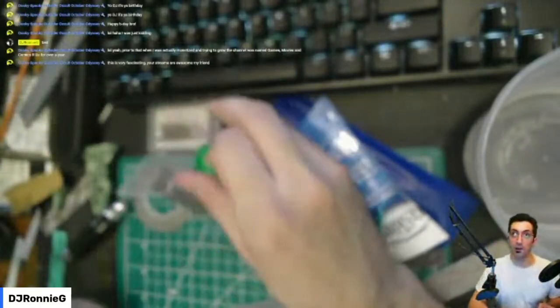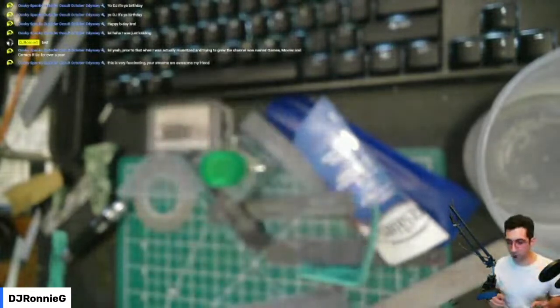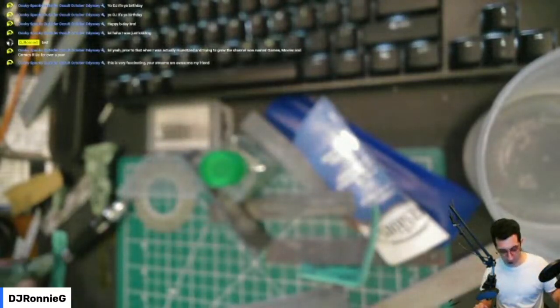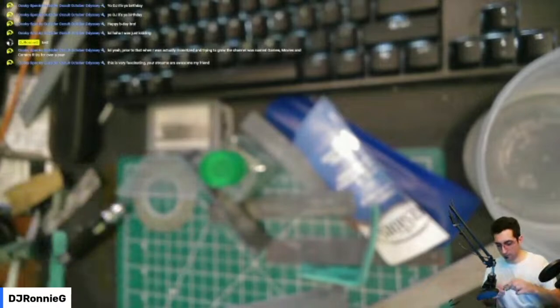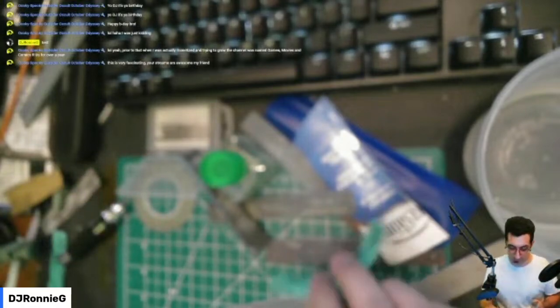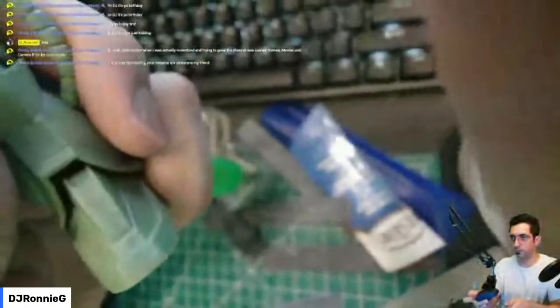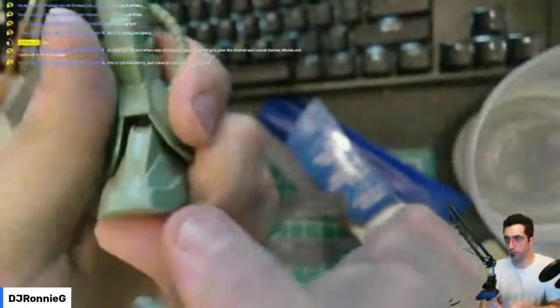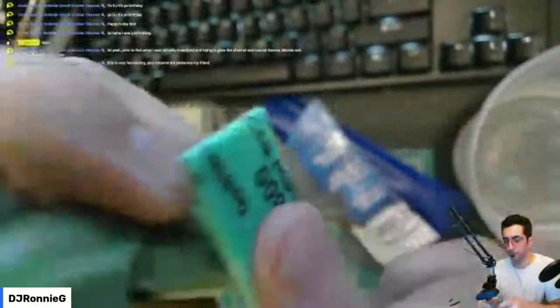I don't know why model kit glue smells like bananas, but it does. So now let's check out this leg here. This one we're going to be less OCD about. We're just going to get it going. So number one, you can see the little glue there and a little seam there. I'm just going to